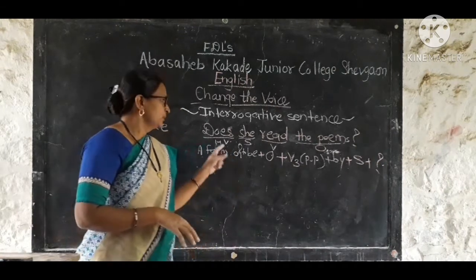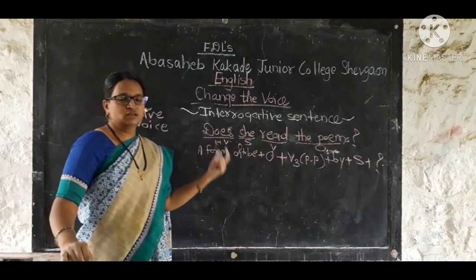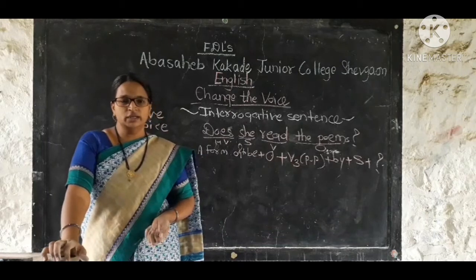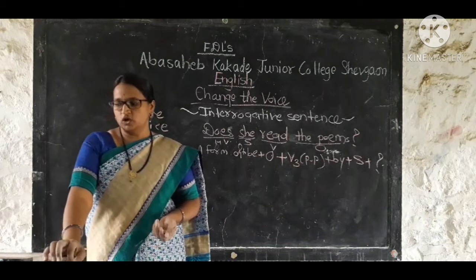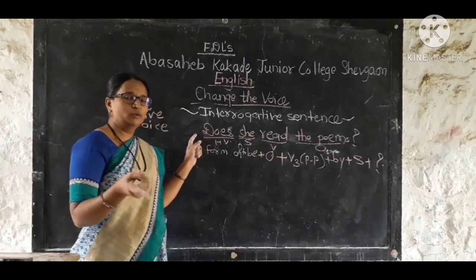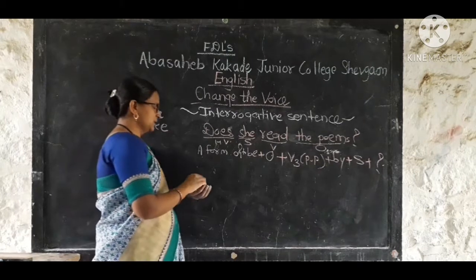Now here first we have to identify the tense. Now does, and we use does or do in present tense. So here we have to use that helping verb which is used in present tense, and in present tense we use